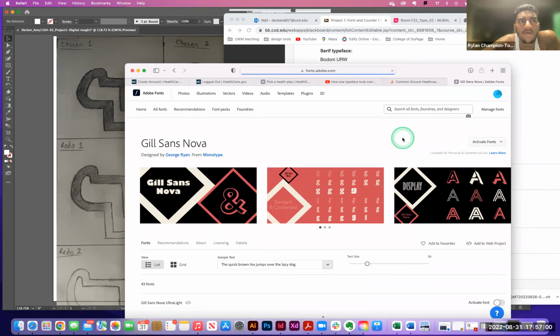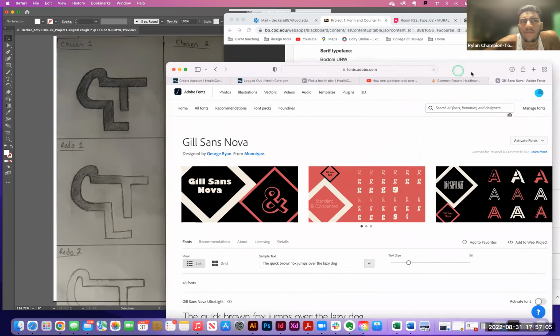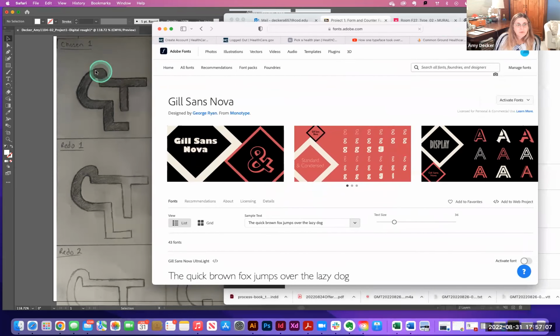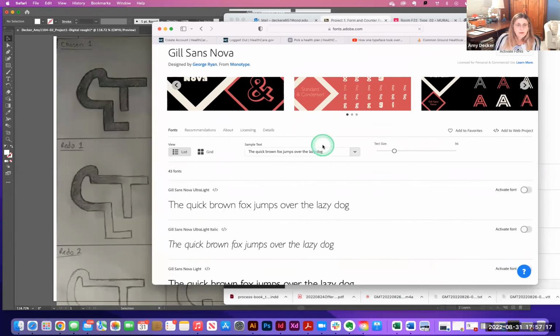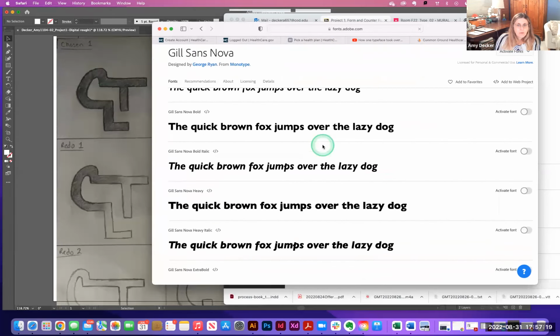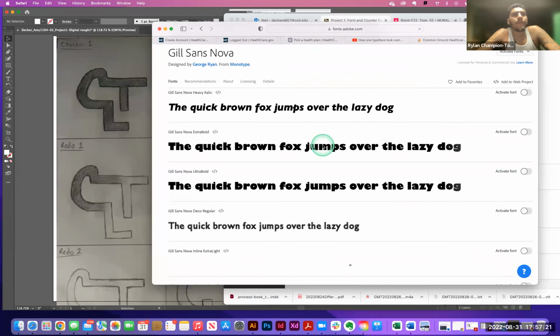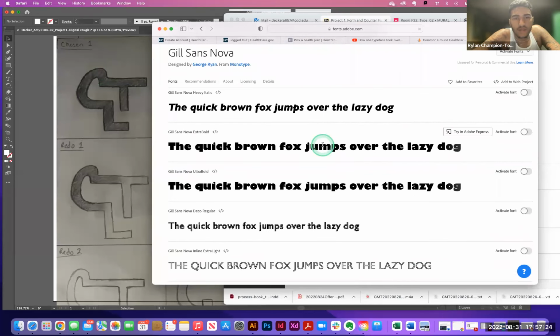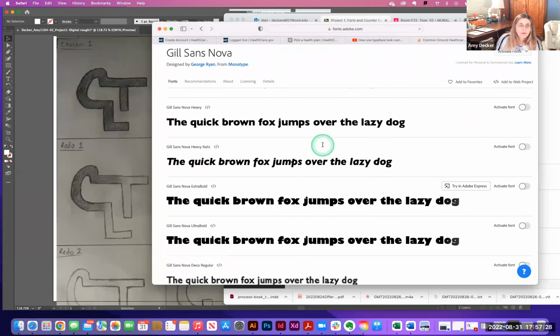You could probably use the Futura PT Bold if that's one of them. Futura is one, but it's really circular and this is more ovalish. So I don't think Futura would match your design very well. I think Gill might be a better choice. You said Gill? Yeah, Gill, yep. So I'm going to look at Gill Sans Heavy and I'm going to activate